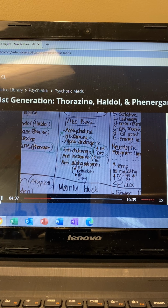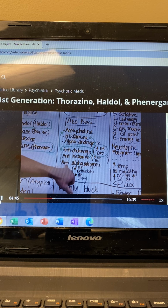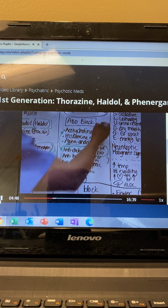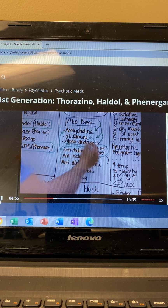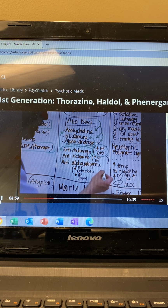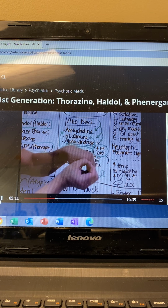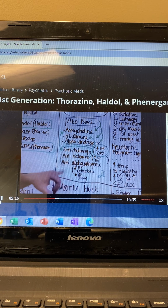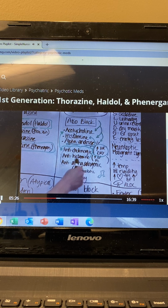You also have antihistamines, which can increase your blood pressure. And then anti-alpha-adrenergic, because your body is blocking these. So what happens when your body blocks an alpha-adrenergic? What does that even mean? That just means inside your blood vessels, you have those little alpha-adrenergic receptors on the lining of the blood vessel. These help squeeze the blood vessels down and cause vasoconstriction. Now, if we block these alpha-adrenergics, we are vasodilating, and vasodilation is going to bring decreased blood pressure. Also, orthostatic changes when your patient gets up in